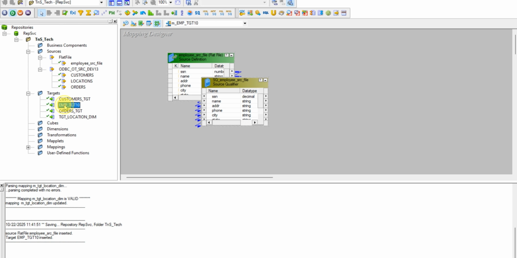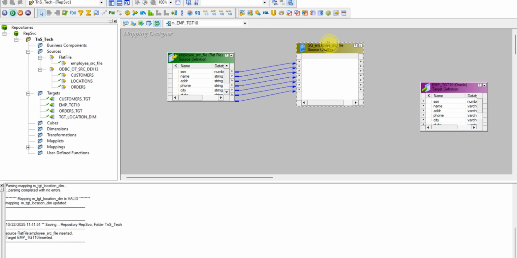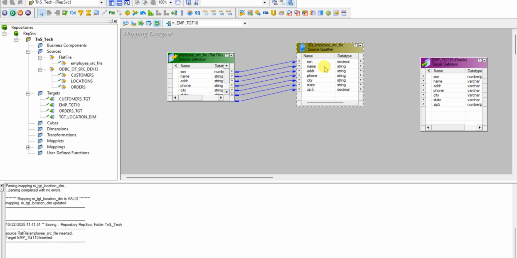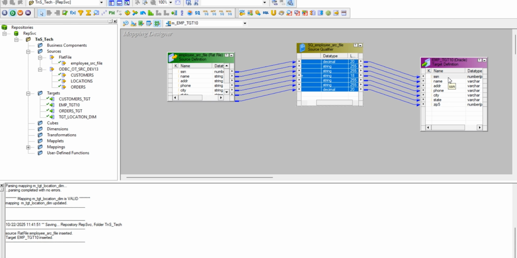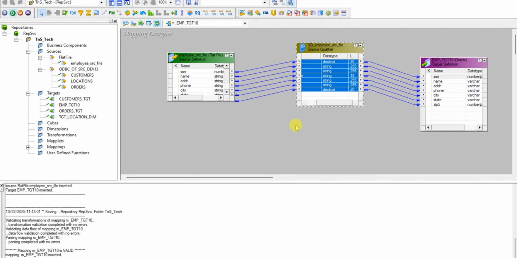See, it was created in targets. It was created in targets. So simply drag it, and what to do? Just click here and right click, select all. Then save it. Valid, right? Let's go to